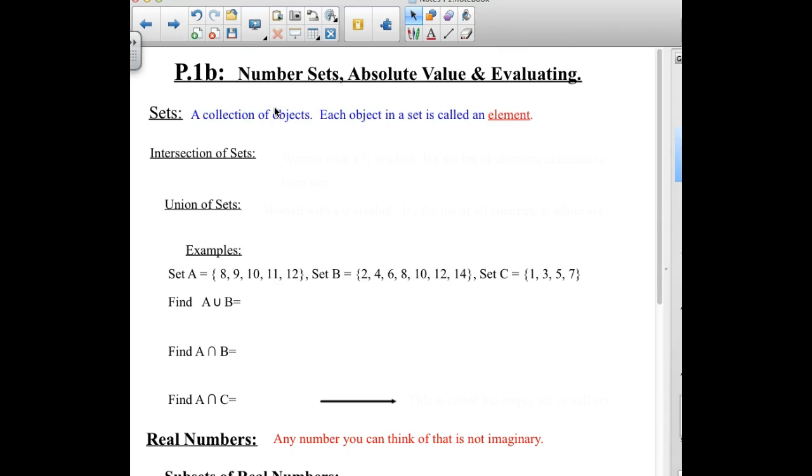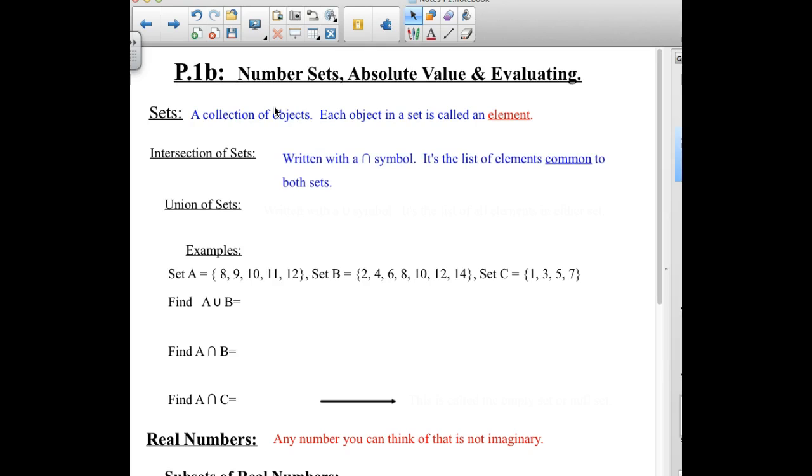All right, so a set is just a collection of objects. Each object in a set is called an element. And then there's two types of things we can do with sets. We can do the intersection of sets and we can do the union of sets. If we look at the intersection of sets,